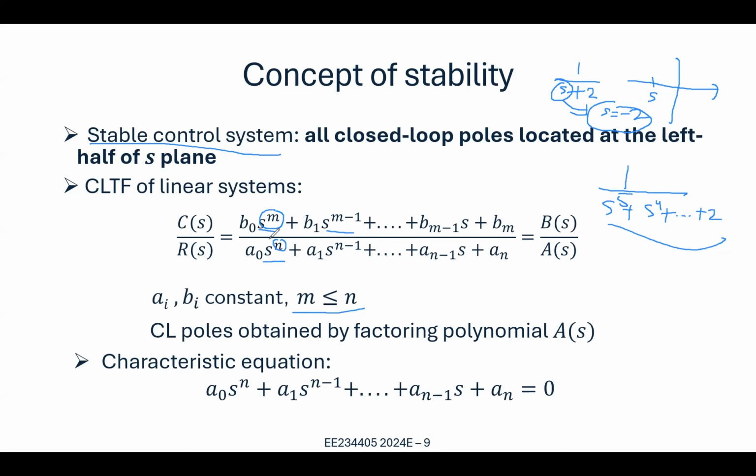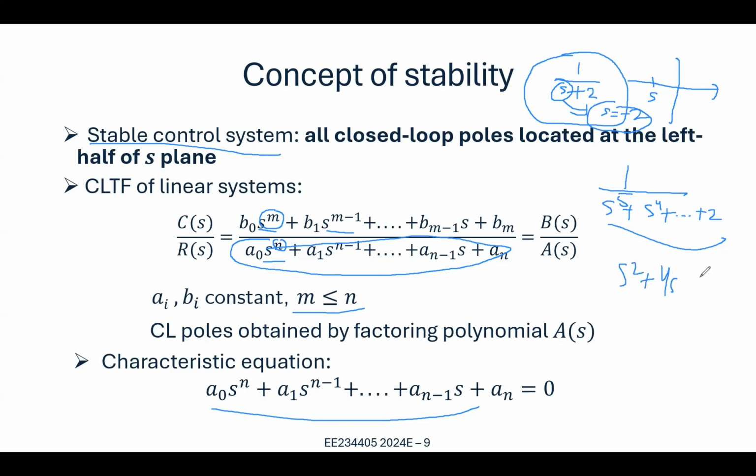By looking at the denominator, we are basically looking at the characteristic equation, the polynomial again, and we are trying to find what s is. It depends on the complexity of the equation, how many orders we have, what the highest power of s is. If it's just one, for example s plus 2, it would be easy. Or if you have a second order, for example s squared plus 4s plus 3, it would also be